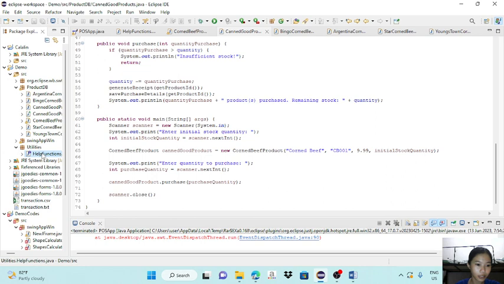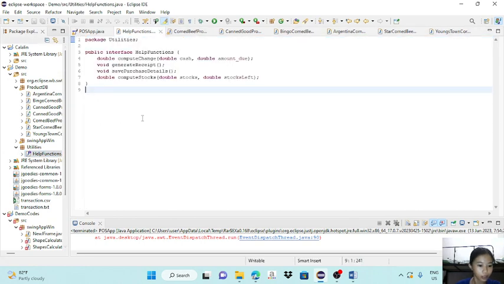And here is the helper function. Number one, computeChange. An interface in Java is a collection of abstract methods that can be implemented by classes. computeChange, double cash, double amountDue. This method calculates the change to be given to a customer when they provide a certain amount of cash to